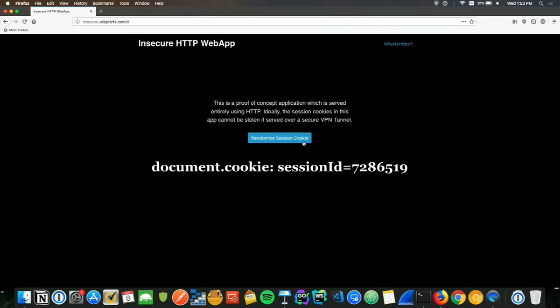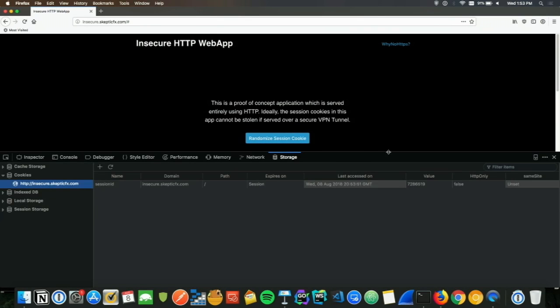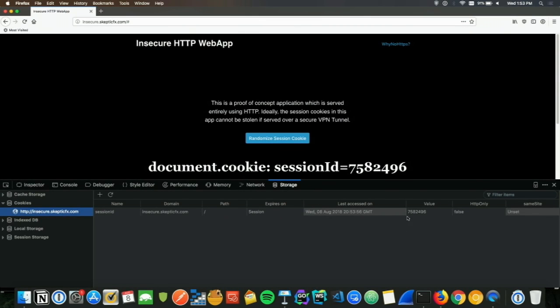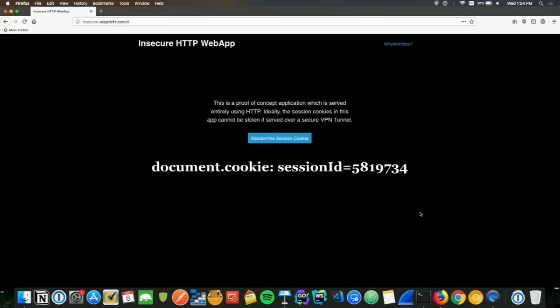And what this web app does is generate cookies here. So when I generate these cookies, as you can see, it changes here. So in this case, let's say this is the cookie. Now, from a same-origin policy browser's point of view, this cookie cannot be stolen from another website, say localhost or